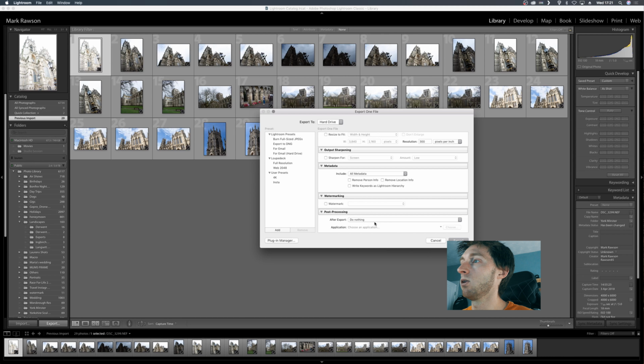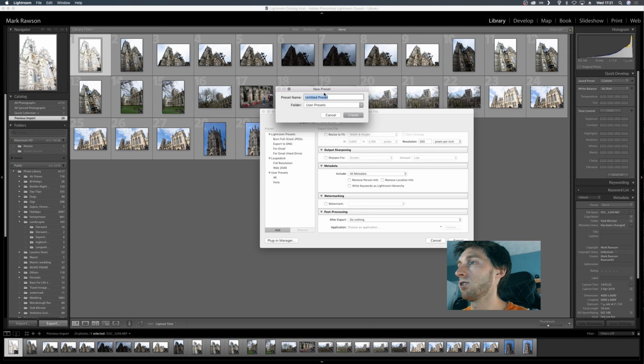Watermark, if you want to add your watermark, which we will do in another tutorial where we make a watermark and use this setting. But for now, we're going to leave it empty. After export, you can have it so it'll load in Finder or whatever or load into Photoshop, but we're just going to have it to do nothing. So then, before we click export, we're going to add that. So it'll save these